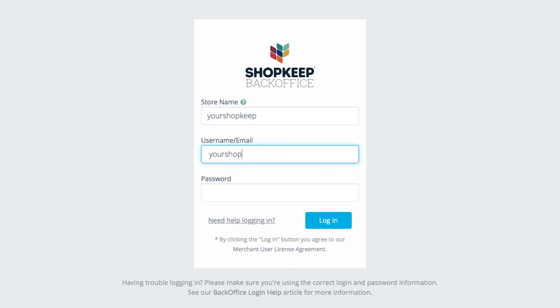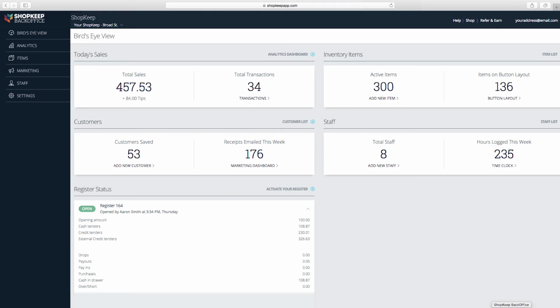Enter your BackOffice login in the username email field, then your BackOffice password in the password field. Click Login. You are automatically taken to your BackOffice's bird's eye view. That's it for logging into